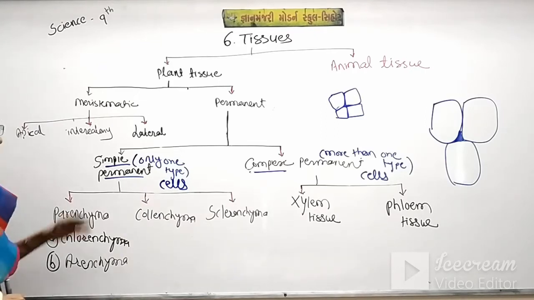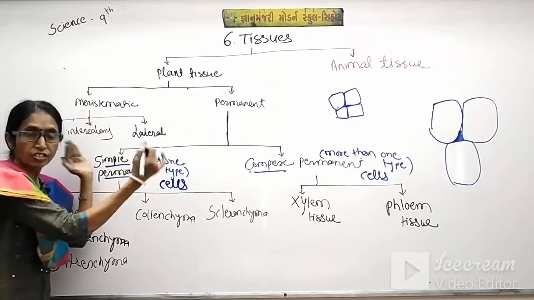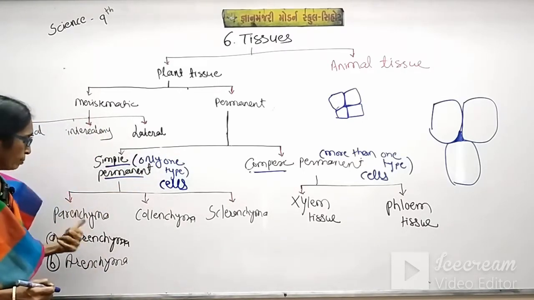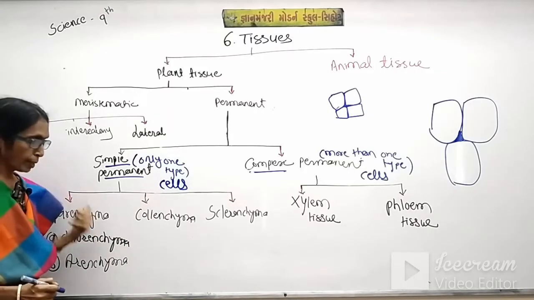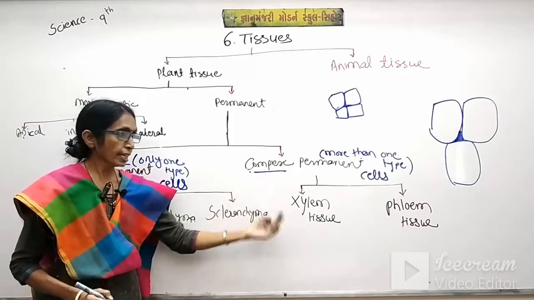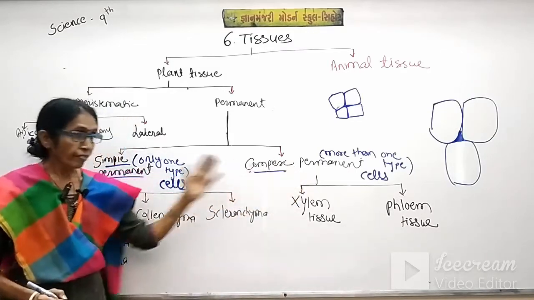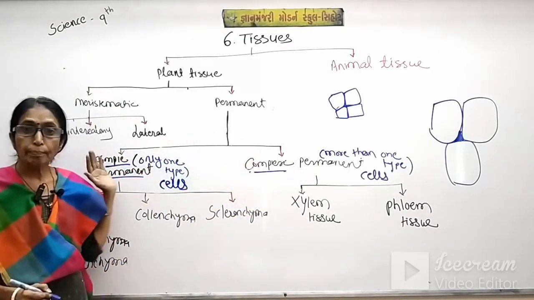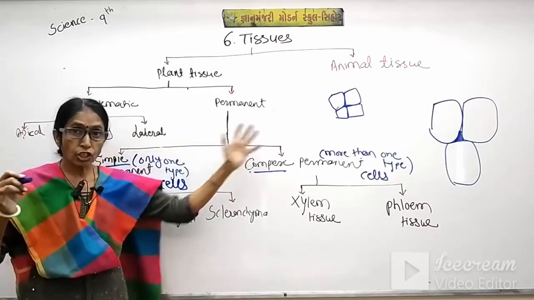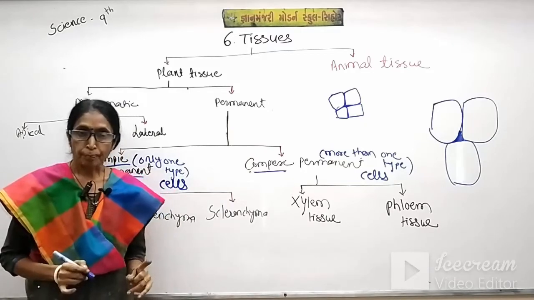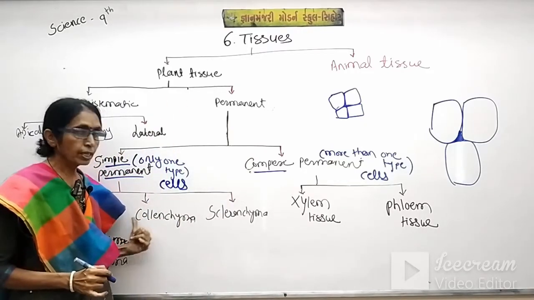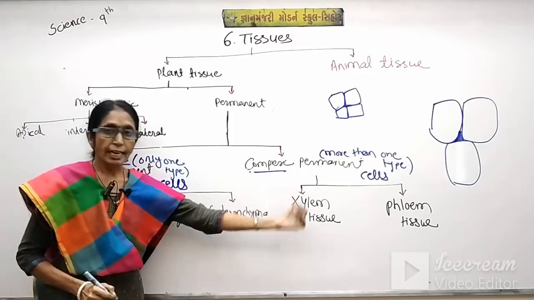Okay, students. Now keep this chart in your mind. I will rub it and we will write about the characteristics of parenchyma, then collenchyma, then sclerenchyma, then xylem, phloem. But where they are situated in the plant tissue, you should have just an idea about it. This chart should be in your mind. Now I will rub this and you will write the characteristics of this and this, also xylem and also the